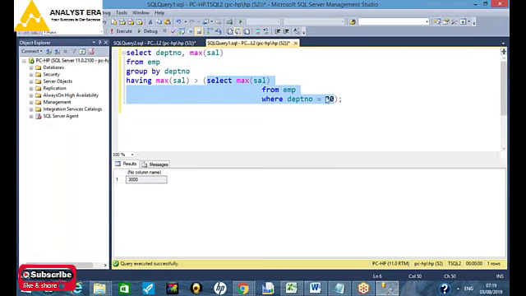3000. That is, it is going to give me department 20's maximum salary, right? And then I'm checking who all is having maximum salary more than that of department 20's maximum salary, right? So